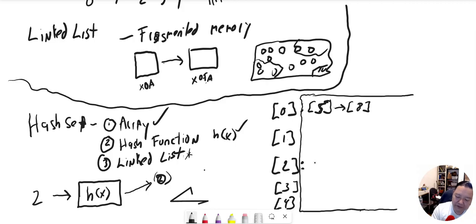So what we'll have is something that looks like this, where everything to the right, everything in this red block, every item in a bucket is going to be a linked list,